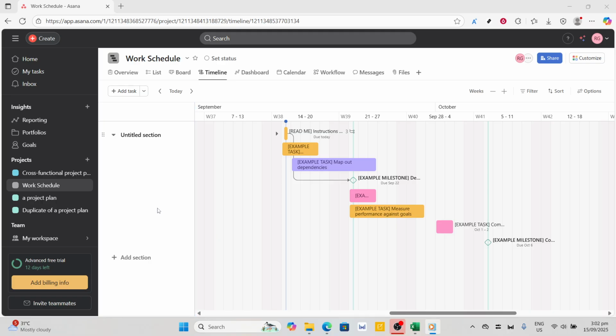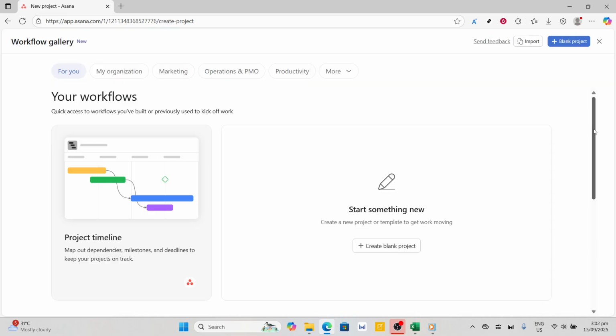First, we're starting with creating a new project using AI. So when you log into your Asana account, head over to the dashboard. You'll want to look for the plus new project button and give it a click. Now, instead of building your project from scratch, you have the option to use AI project templates, which is a